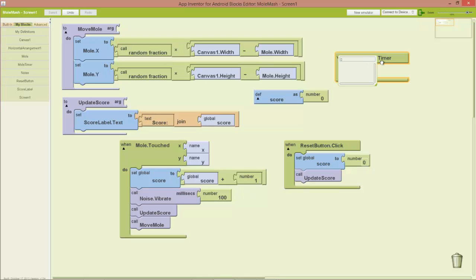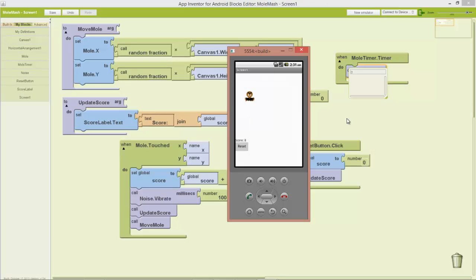So I'm just going to type inside of there, select it, type in move mole, or select it from the blocks. Okay, as simple as that. So let's have a look at our app running now. And we can see it's automatically moving by itself. So it's now been made a little bit harder. Okay, it's hard to play with this trackpad. I've got a touch screen,